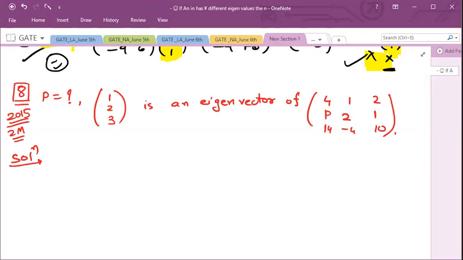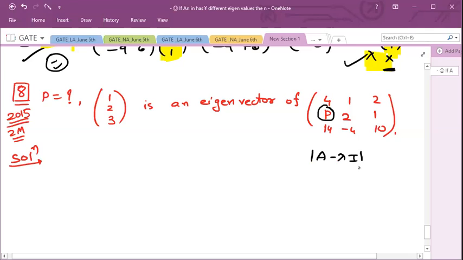Right. If you are going to solve this question by the conventional method, then it is suicide. Definitely it is suicide. It will take 15 to 20 minutes minimum. See over here, P is unknown in A. Are you getting my point? So here we cannot find lambda even by the determinant of A minus lambda I. If we cannot find lambda, then for which lambda this is your eigenvector, we cannot find that either. Okay. So the conventional method will be cumbersome over here.